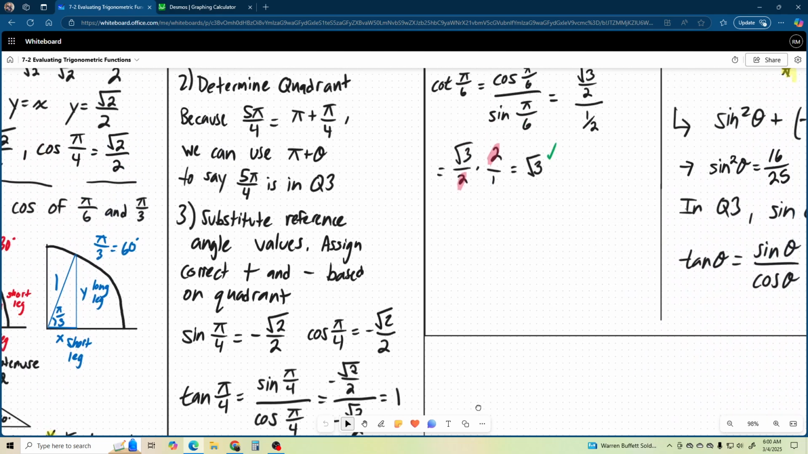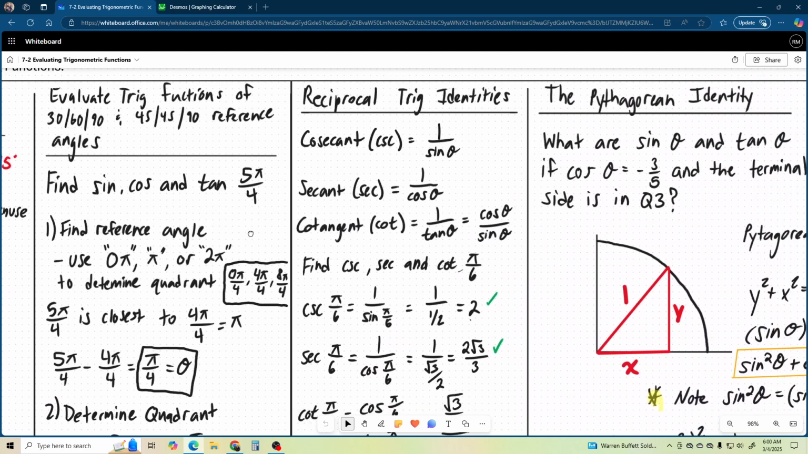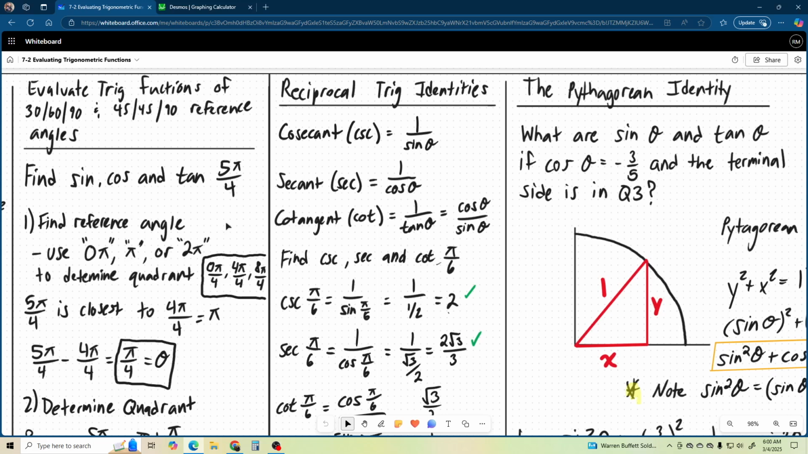All right, so let's start talking about using reference angles. I've vaguely touched on this a little bit, but we can get a little bit more detail. Find sine, cosine, and tangent of 5 pi over 4. First of all, we need to know the reference angle. To find the reference angle, remember that we're going to be referencing the x-axis. We need to know what quadrant it's in. That's important. Well, 5 pi over 4 is a little bit more than 1 pi,